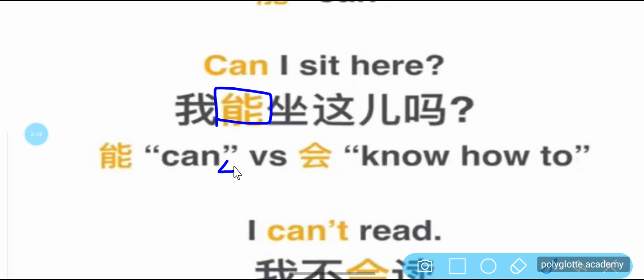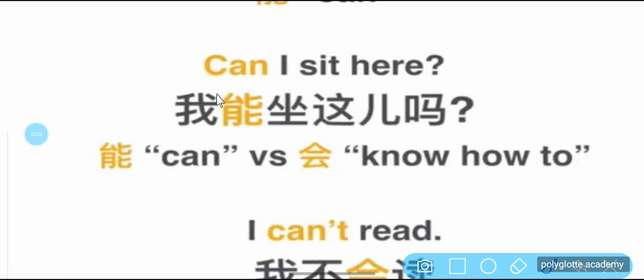So I can demonstrate the character. 能 which is can I, can you. And then for the next one,